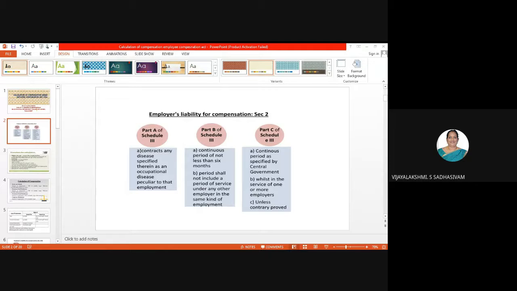The skin diseases can be due to physical usage or chemical or biological agents. Then regarding noise, when he's working and because of the high volume of noise in the particular premises, he may have some hearing impairment, or he may develop